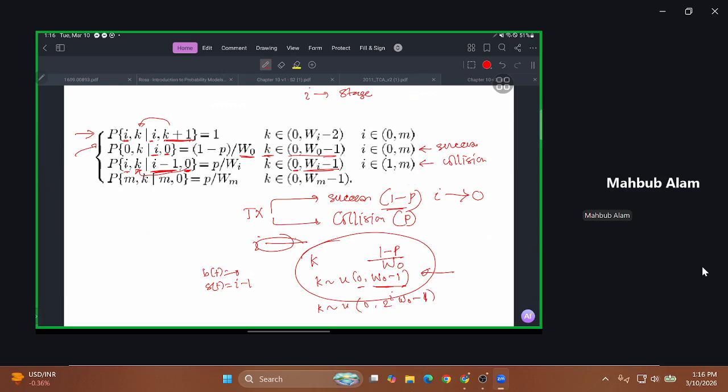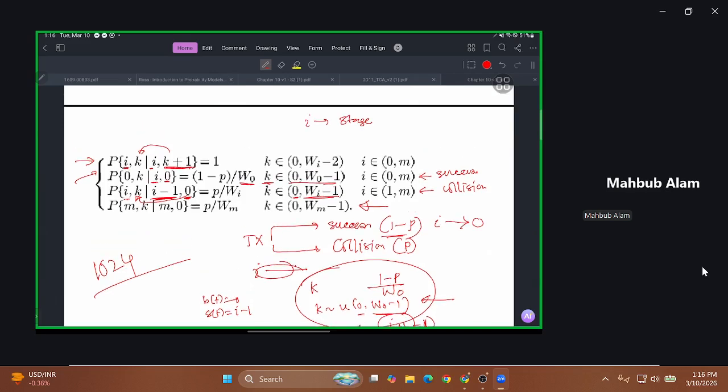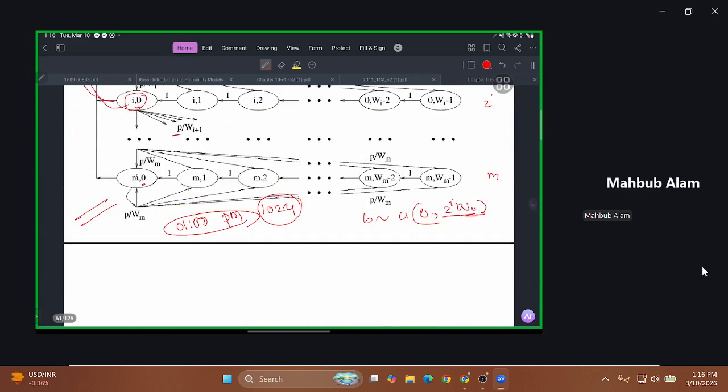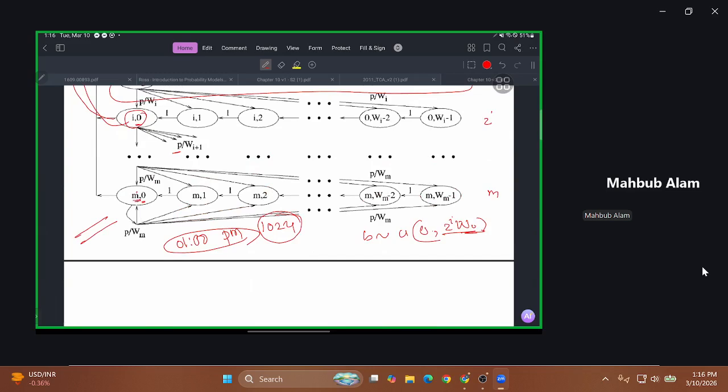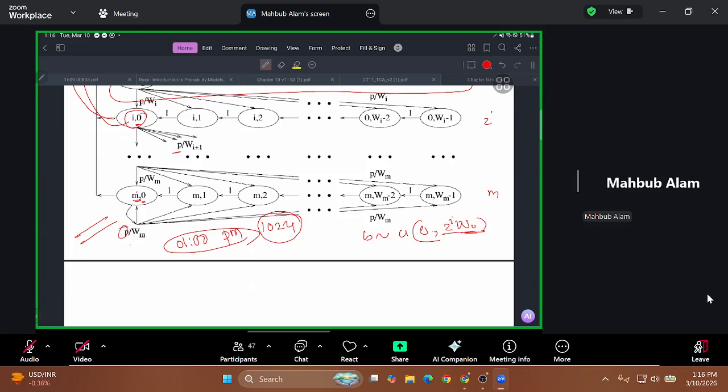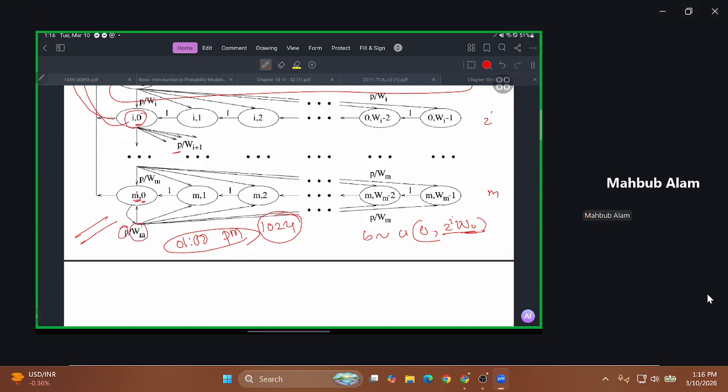And finally, there is a row here, which is when you reach the maximum backup counter value, which for 802.11 is 1024. What you do, you do not increase the backup window size, rather you keep there, and the diagram here shows that when you reach M, with probability P, you choose a backup window size in 0 to W M minus 1. So when you come here from M minus 1 to M, from M to M, the window size remains. So one assumption here is a frame is never discarded.